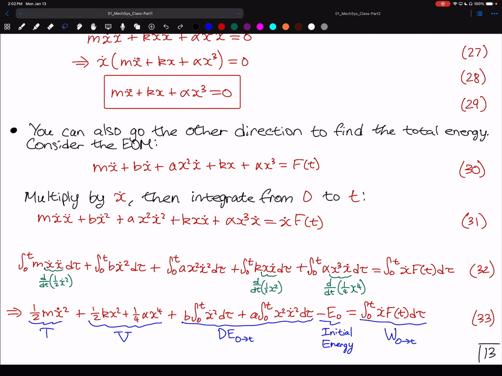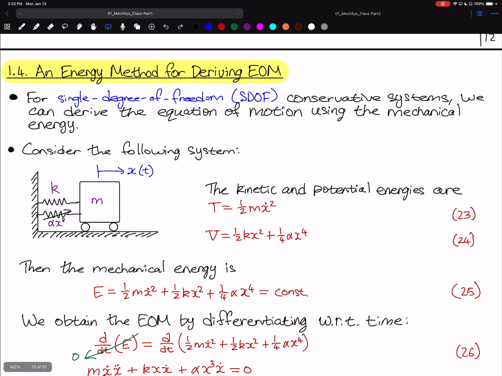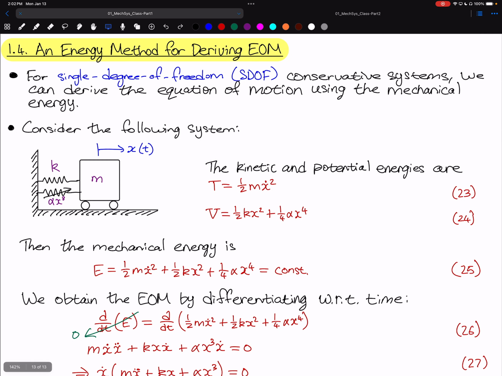Okay, so in the previous lecture, the recorded lecture, we went through looking at an energy-based method for deriving equations of motion. We're going to end up looking today at Lagrange's equation, which is effectively another type of energy-based approach for